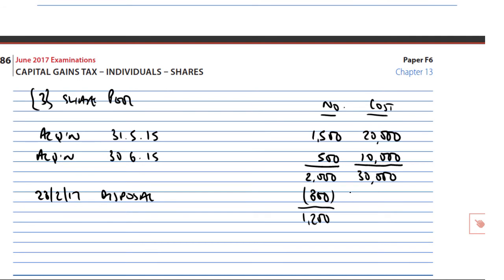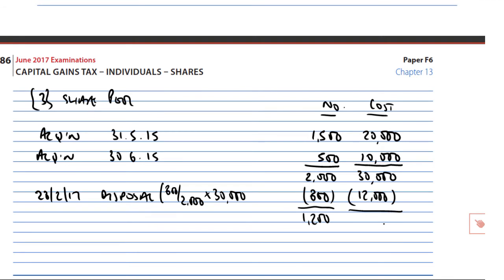So we now have got to take the proportionate amount of share cost. So we're selling 800 out of 2,000. So what we want here is 800 out of 2,000 times what is the total share cost at that date? £30,000. Put that through the calculator, and that hopefully will give you